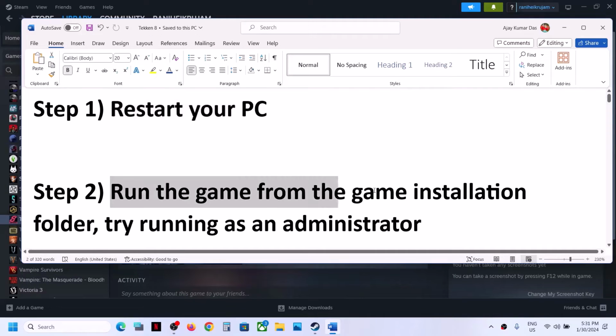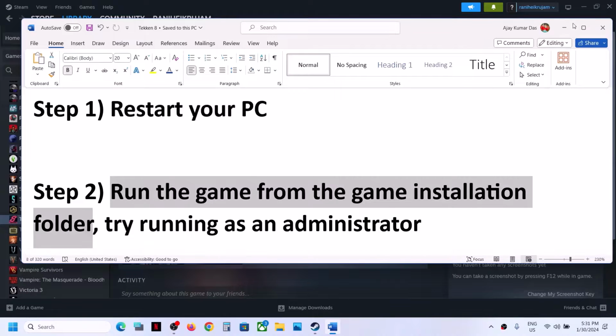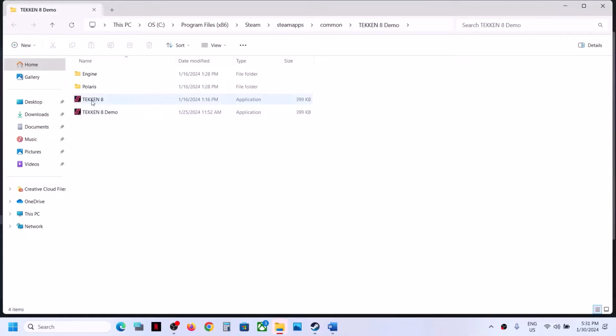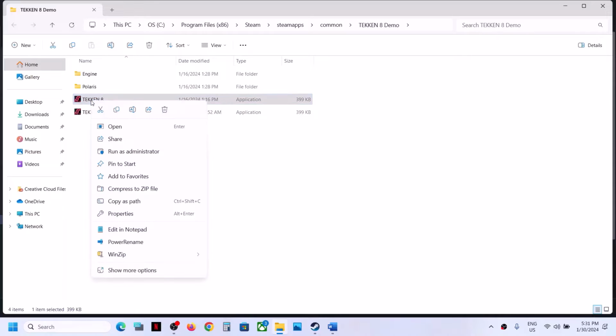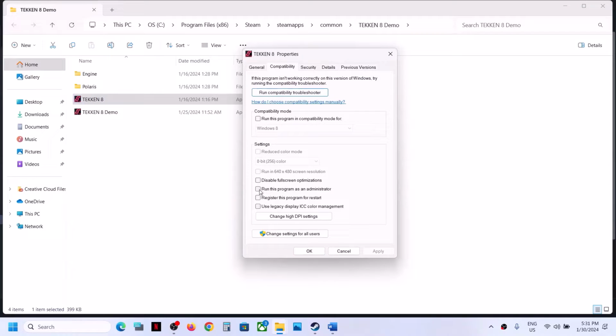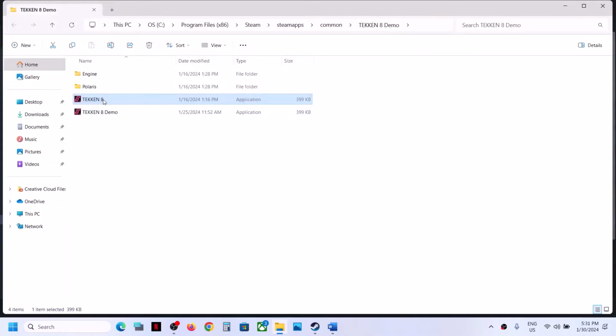Next step is to run the game from the game installation folder. Now for this, make a right click on the game, select manage, and then click on browse local files. It will straight away take you to the game installation folder. Now over here you can see the game exe file. Make a right click on the game exe file and then select properties, and then go to the second tab and then put a check on the box which says run this program as an administrator. Then click on apply, click on OK, and then make a double click and launch the game from the game